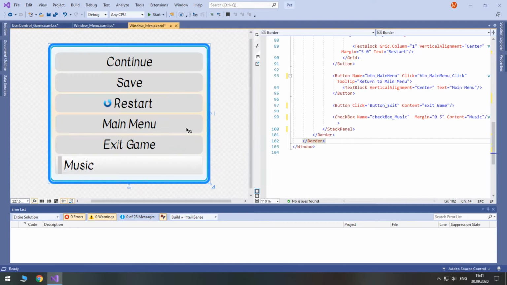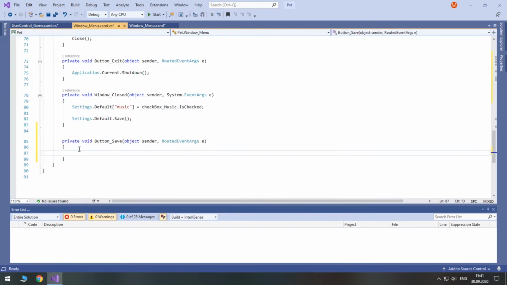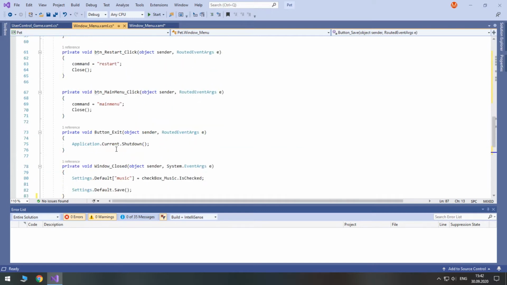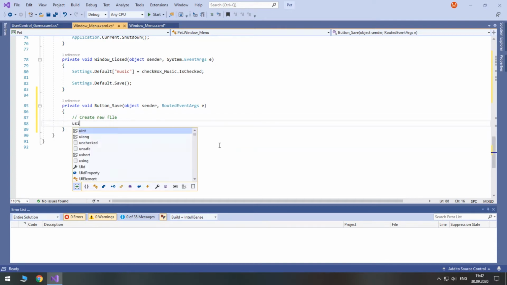Here we need to create it. Save, press F12. Okay, so here we will need to create a new text file to which we will write all these variables. So let's create a new file. In order to do it, type using.